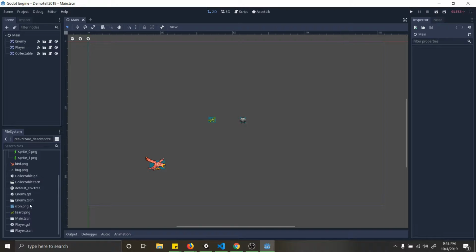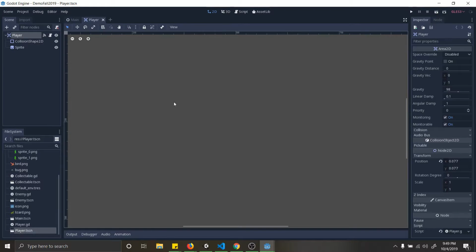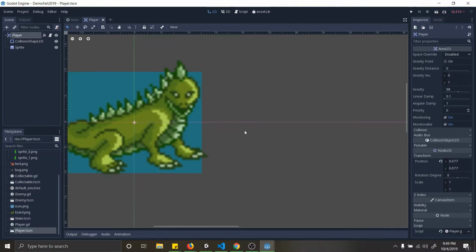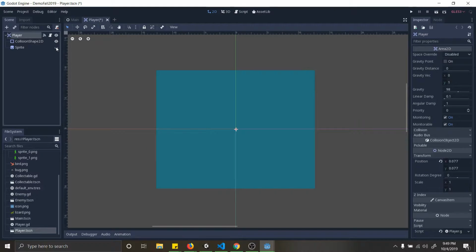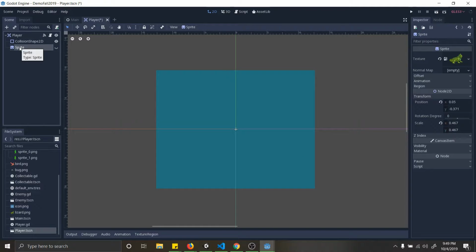So I'm going to go ahead and open up my player here. And so we can look at him. And we can go ahead and just modify the one that we've got here. So we had been using a sprite, so I'm going to turn that off. You could go ahead and just delete it. I'm just going to leave it there and turn it off using the little eye, because I can show you